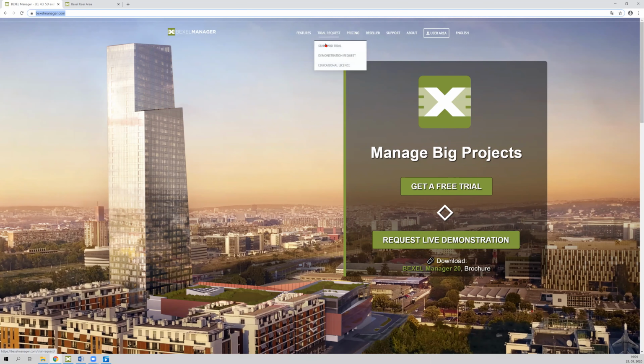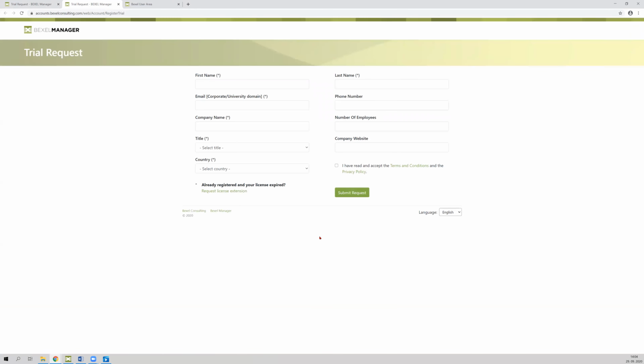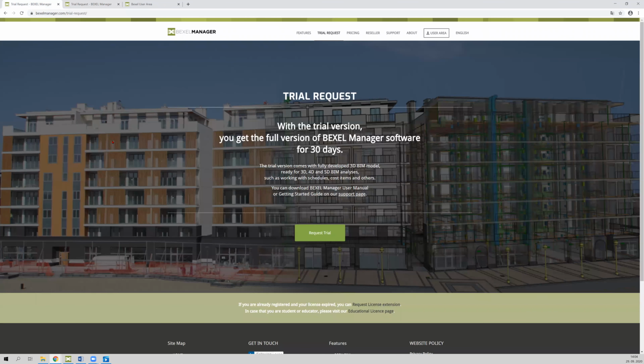The first one is the standard trial, and if you click on it, you will see here a button request trial. So if you click on it again, you will see a form, and you have to fill it and send it to us. After we receive the form, we will provide and send to you a 30-day trial version. And with that, you will also receive a fully developed 3D BIM model, which is ready for 3D, 4D, and